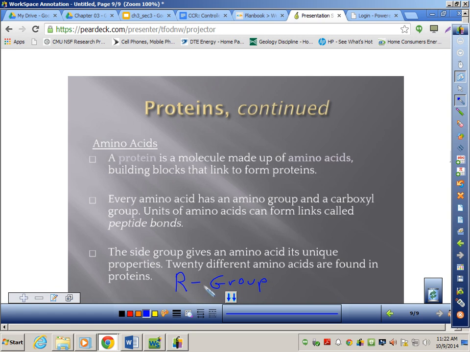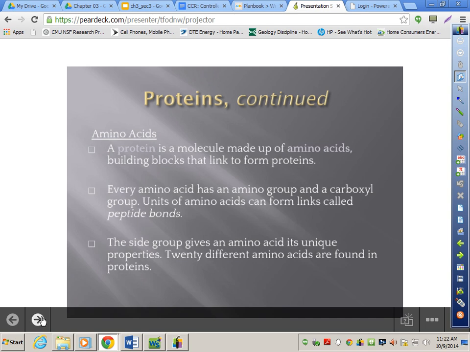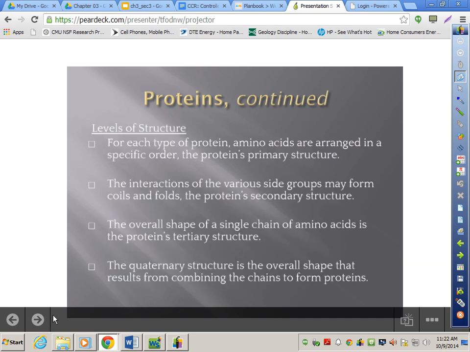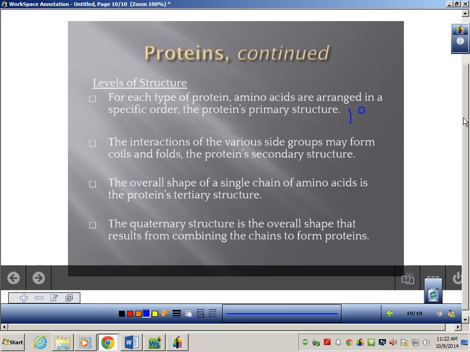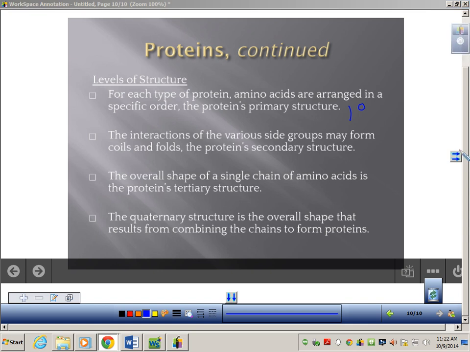And since there's 20 different R groups. And finally, what happens once I bring them together? Well, we talked about my eyes. And we talked about, Mason, what color are your eyes? Blue? Okay, you got blue, I got brown. That'll work. So you and I, we have a different primary structure. That means we have a different order of our amino acids. So the first structure of a protein is called the primary structure. And that, simply put, is the order that our amino acids are in for that particular protein.